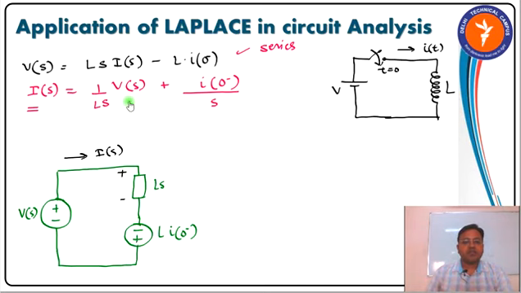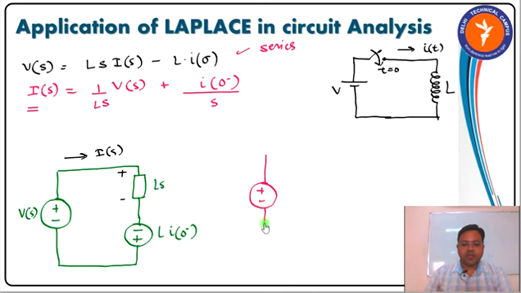Now this equation will give a parallel equivalent of this charged inductor. It means that this inductor can be thought of as a parallel combination of an impedance whose value is 1 by Ls. It should not be impedance, it should be the inverse of the impedance, 1 by Ls, plus a current source with I of 0 negative divided by S. So the equivalent circuit again will be,